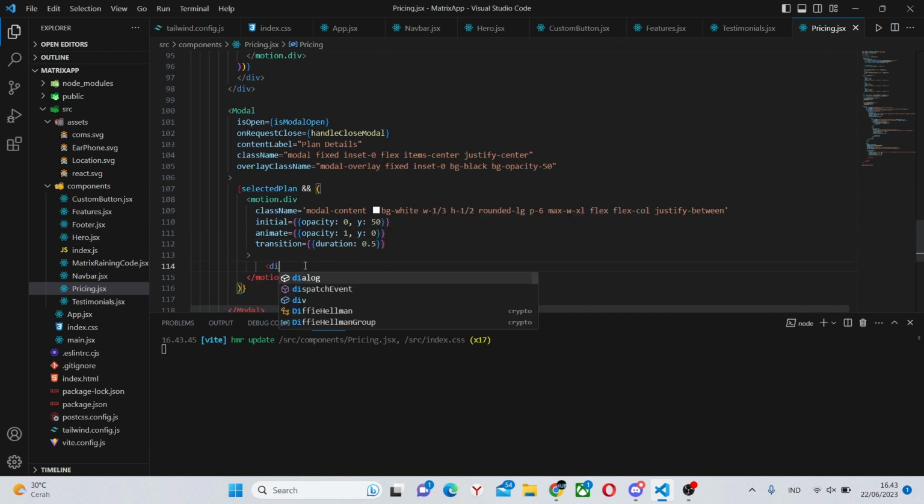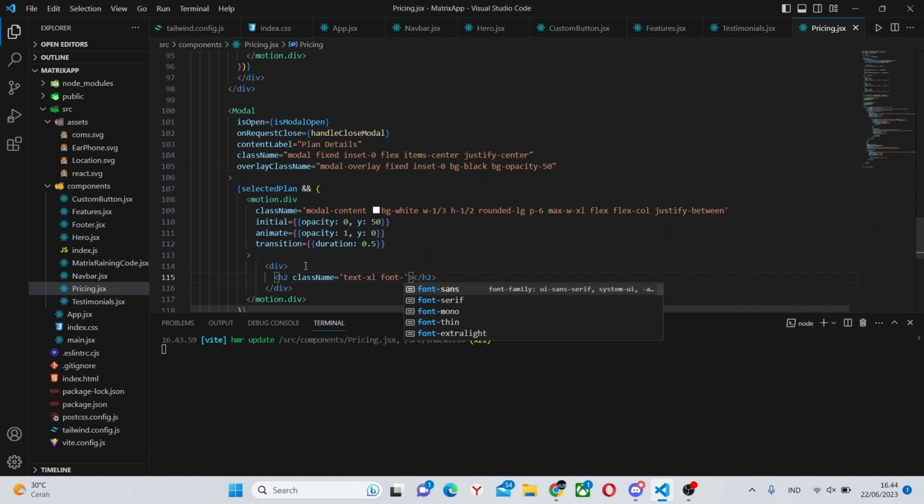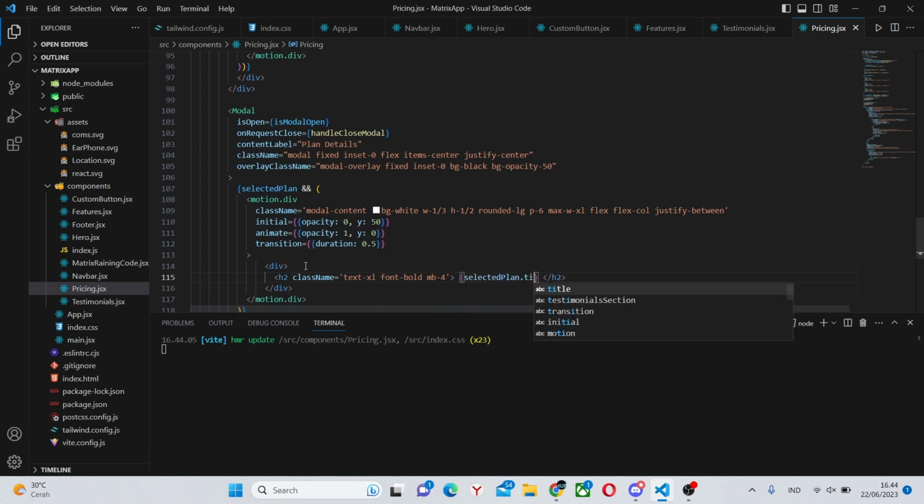Inside of here, we can simply have another wrapper div with no class names, and in it, we're going to have an h2, className text-xl, font-bold, margin bottom -4. And here we can say selectedPlan.title.